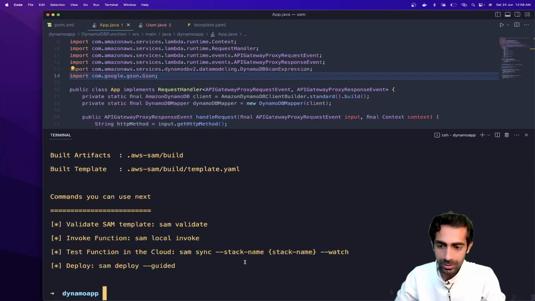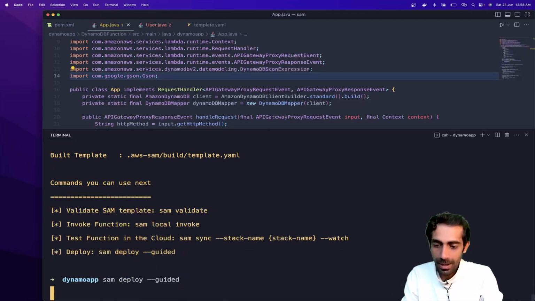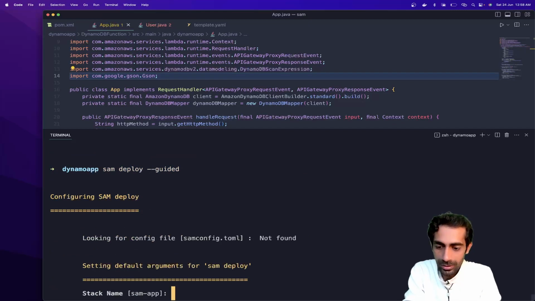And here we go, this is done. Okay, everything is running fine. Now the very first command that you need to do is to use this guided command. So you can use this SAM deploy guided, and here you can define again